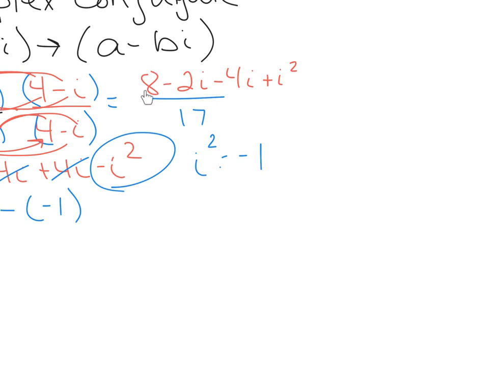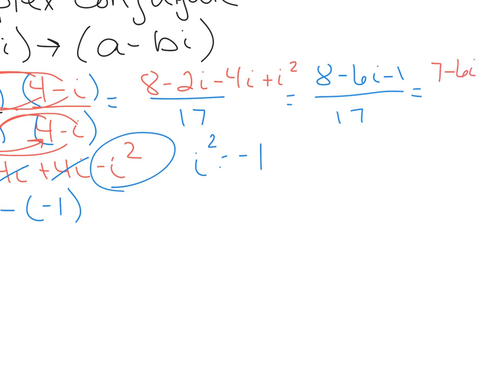What are we going to have here? Here's an 8. These do not cancel each other, but they are like terms. So we'll get 8 minus 6i, and then we have this plus i squared. i squared equals negative 1, so this is going to be plus negative 1 or minus 1. We still have that 17 down there. And then we simplify this. 8 minus 1 is 7